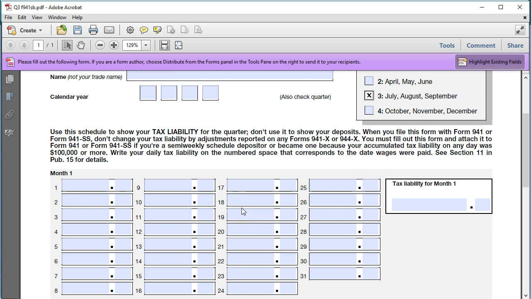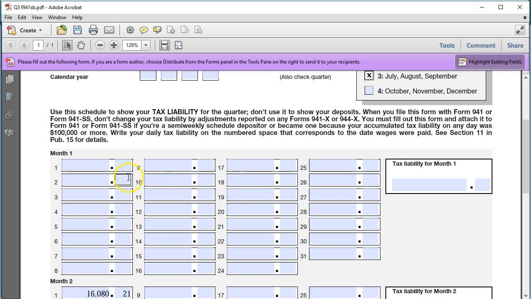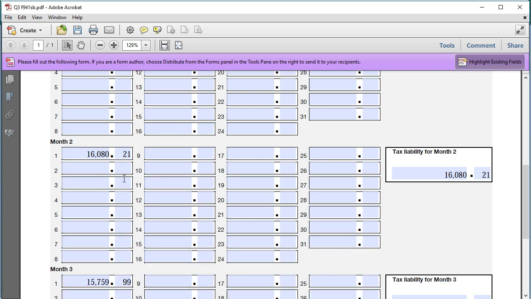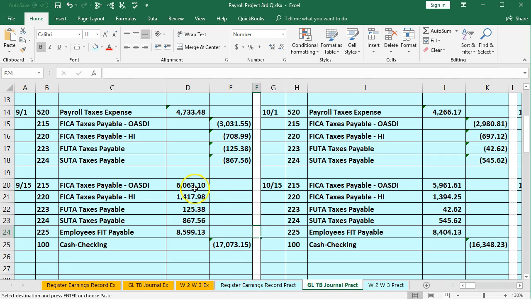There's going to be 3 months within the quarter, and we want to have the payments that were applied. Now for us, it's only going to be one payment for that month because we're monthly payers, or our payroll's monthly. But if we were to pay weekly, bi-weekly, or semi-monthly, then we would probably have more than one payment. So what we're going to do is just break the same information out by the actual payments. So in the second month, we've already filled it out here, but if we go back to our data, we're in essence picking up this number that we paid,